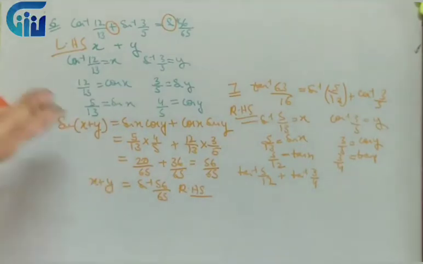That is why I changed to the original formula. But we have the formula of tan inverse, so no problem, we can directly apply it. Or you can write it in terms of tan of x plus y. Then also it's perfectly fine, right? So now after applying the formula, you will get tan inverse 63 by